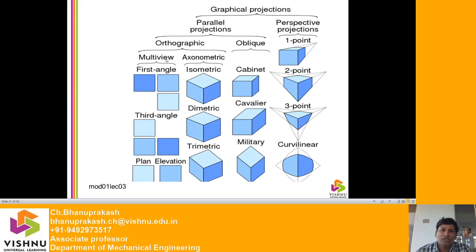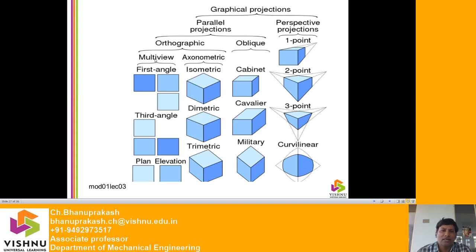See, multi-view projection is nothing but you have to give a detailed view of the entire isometric view, that is front view, top view, side view, that may be left side view or right side view. Axonometric projection is nothing but isometric view. Axonometric will be classified into isometric, diametric and trimetric. But in the first year, we considered only isometric. From the syllabus point of view, we consider only the isometric view.